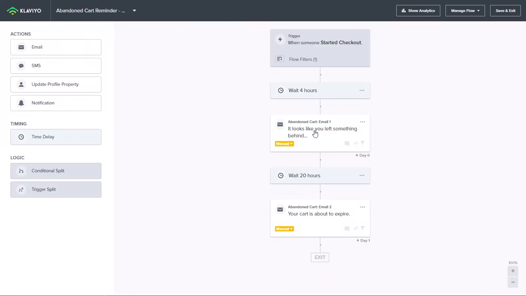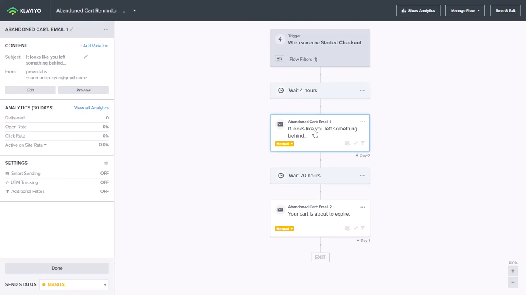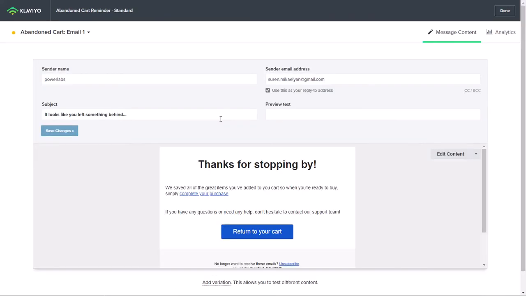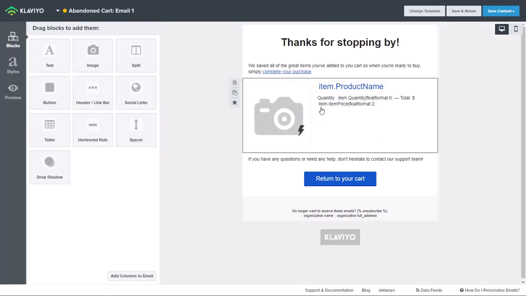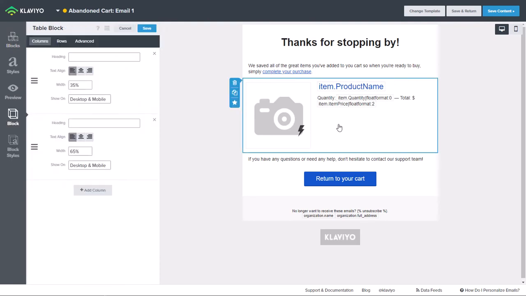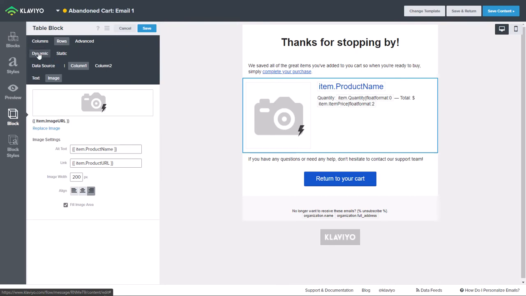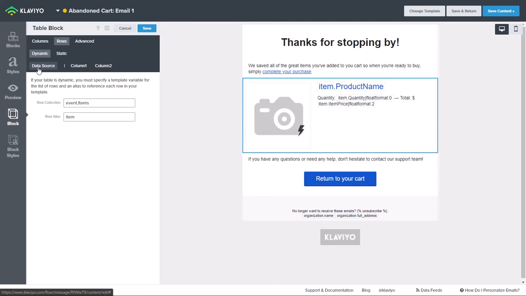And now we just want to check some of the variables that are in this email. So we're going to click on the email, edit. I'm going to edit content. We're going to click on this item block. Go to rows, dynamic, data source, and we want to make sure that this says event.items, and in the row